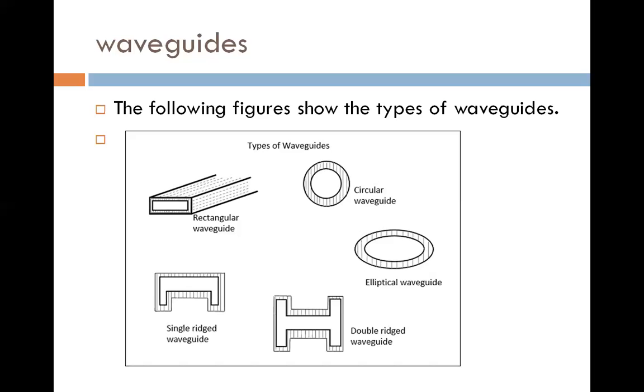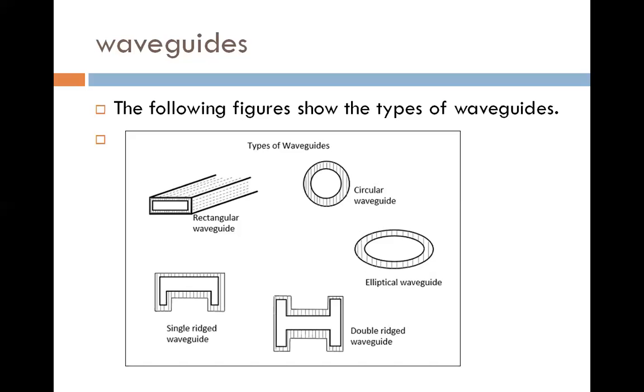to occur. Third one is that the power handling capacity of a waveguide is more, generally 10 times higher than the coaxial cable. So it is a very important point. A waveguide operates at very high power compared to coaxial cable. So we can use a waveguide at higher power.